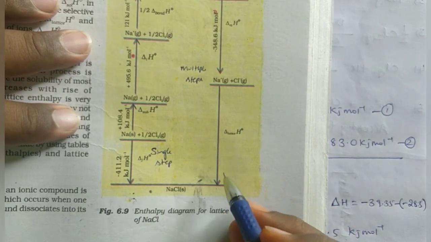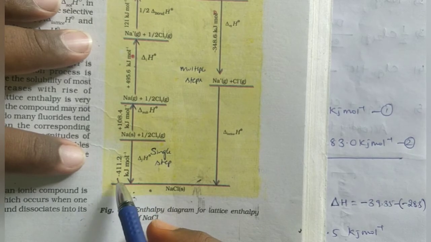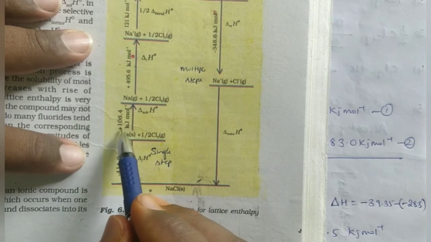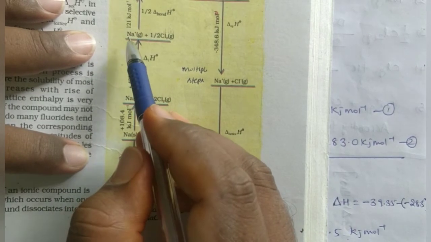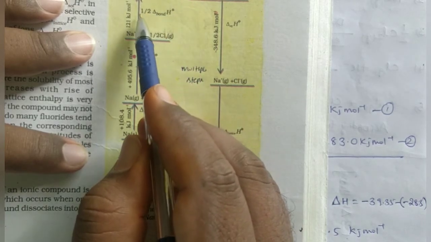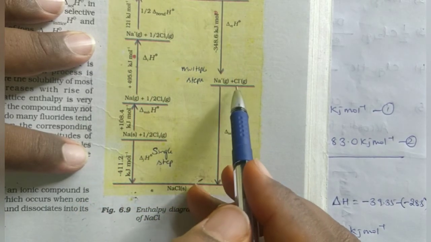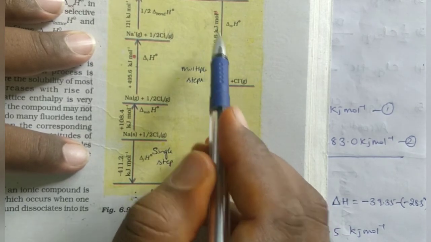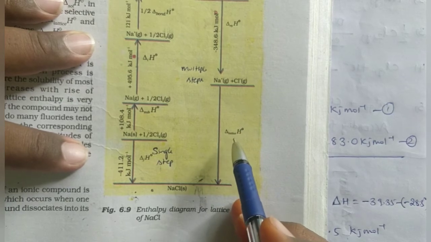This is called lattice enthalpy. Finally NaCl is formed again. See, delta H of formation is negative. Next, sodium solid is converted to gas, positive. Gas is converted to Na plus, positive. Next, chlorine. Chlorine is converted to Cl, positive. Here also this is positive, 121 kilojoules per mole. Cl is converted to Cl minus, that is negative. Electron affinity, minus 348.6 kilojoules per mole. Then finally these two will be combined, that is also negative only, lattice enthalpy.